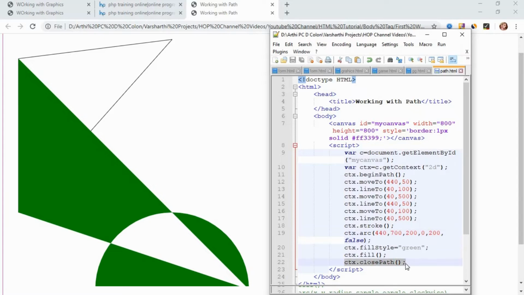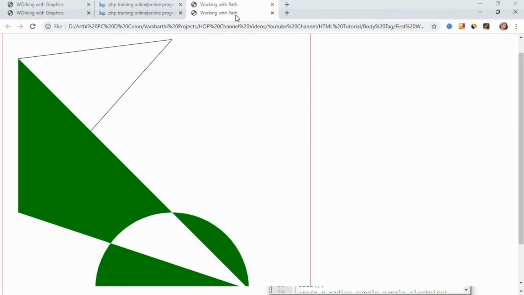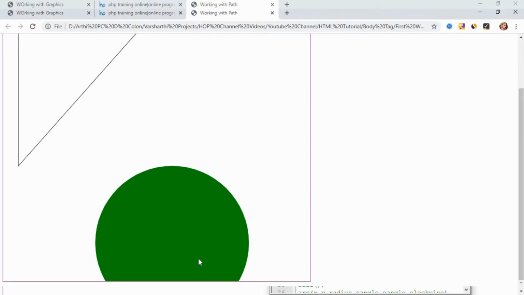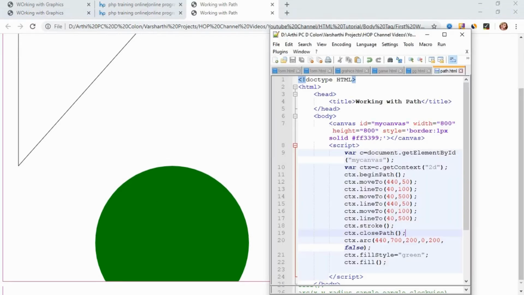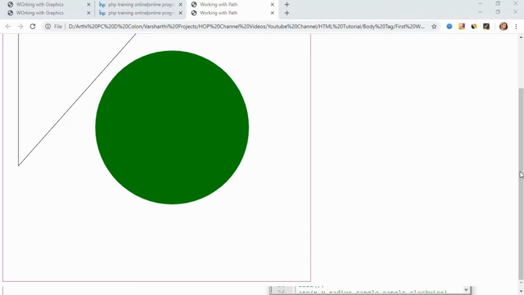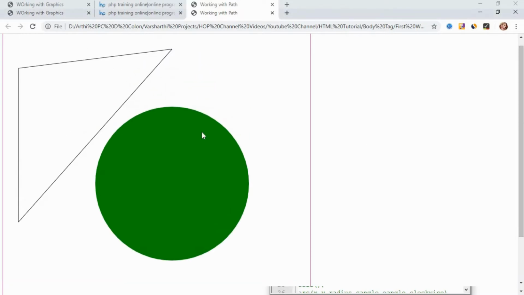If we close the path before this, our circle will not merge with the triangle, right. So here the circle is separated and the triangle is separated. You can adjust the value of the y-axis to view the full circle, right. So here we have created a circle, right.